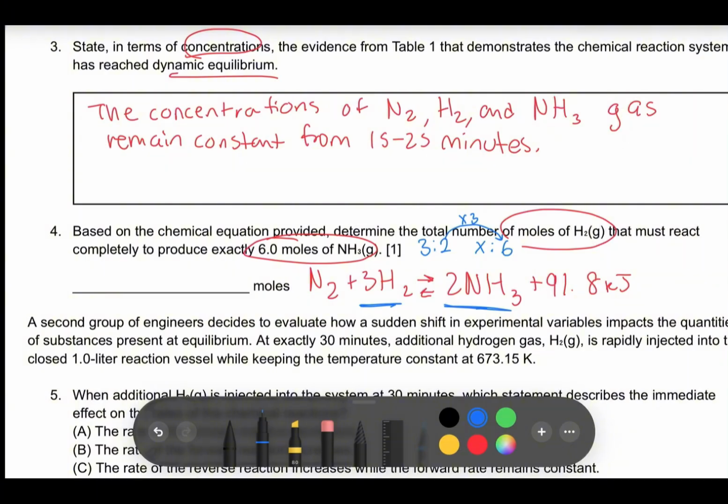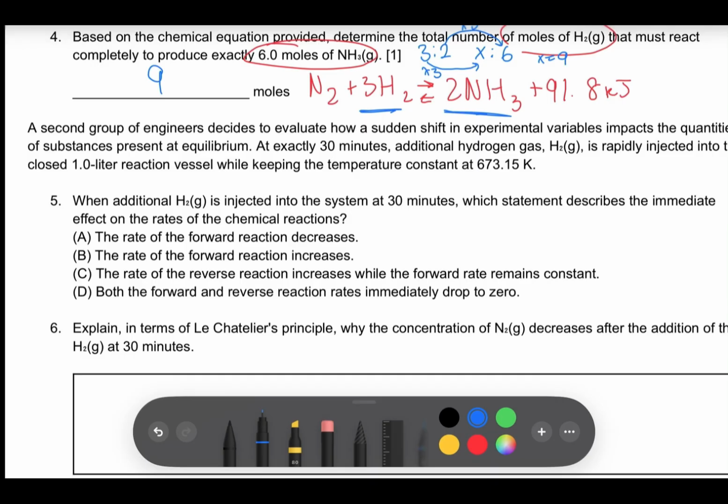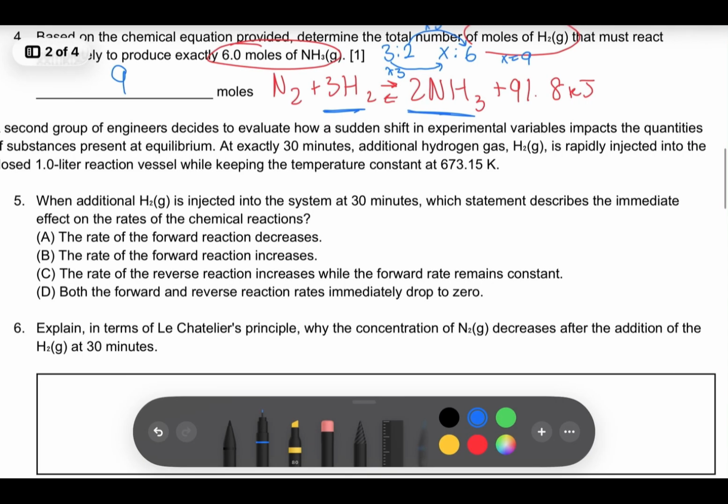So if I do that on that side, I also need to change the other side. So I'm going to multiply the 3 by 3. And I'm going to get x is equal to 9. So that means that I need 9 moles of hydrogen in order to react to completely produce 6 moles of ammonia. Next question. A second group of engineers decides to evaluate how a sudden shift in experimental variables impacts the